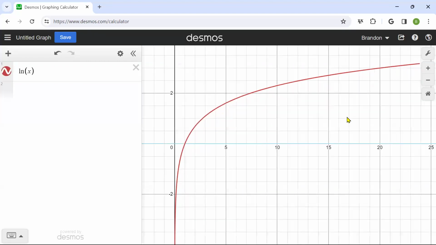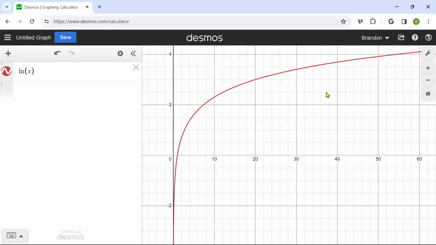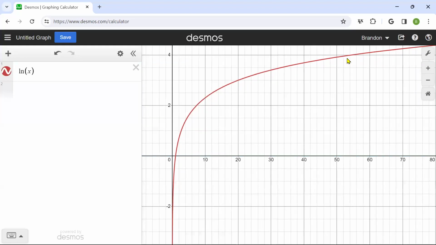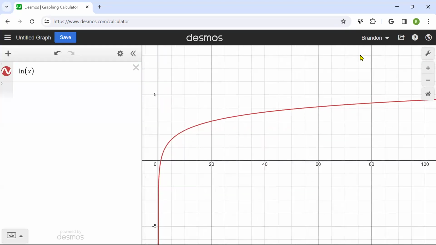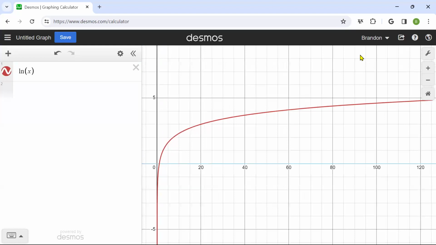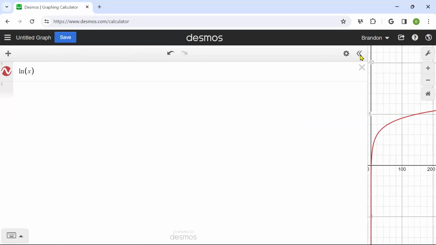And we can try going out and you may think, oh yeah, it definitely looks like it's leveling off a little bit. Maybe it levels off at 4. But if you go a little bit further, you're like, no, it didn't level off at 4, did it? It crossed it. Well, maybe it levels off at around 5, you might wonder. And you're like, oh, maybe, no, it doesn't level off at 5. And then you may be wondering, well, does it level off at 10?